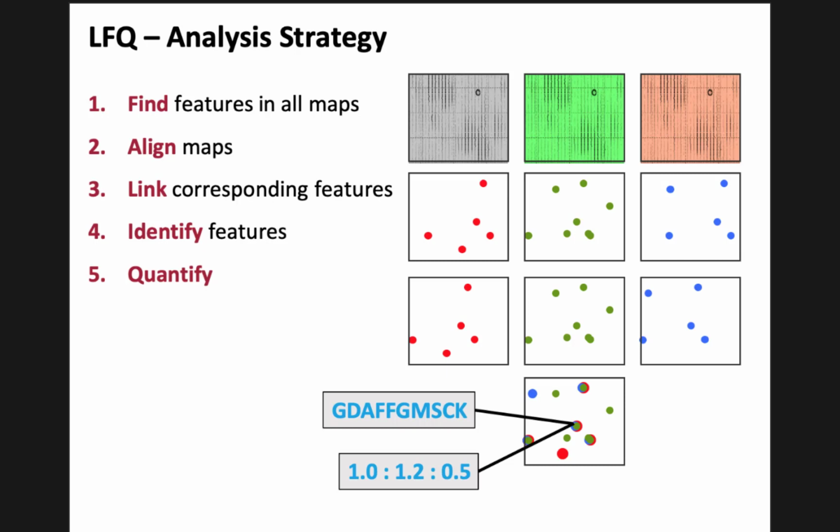We do that occasionally, works as well, but these identifications, particularly since we're using DDA, tend to be a bit erratic, in particular for the low intensity